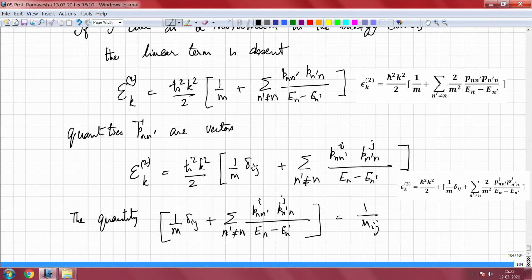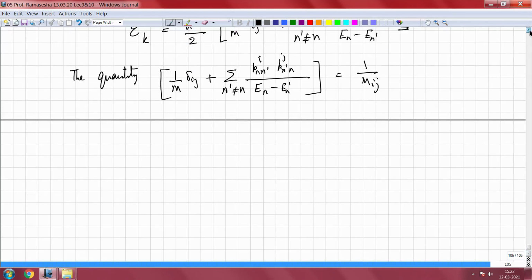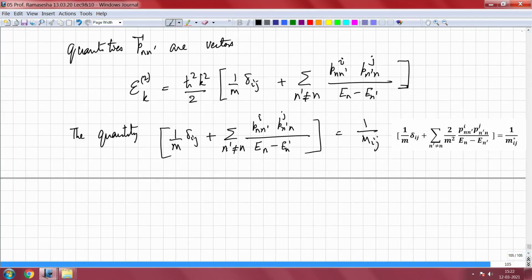So, what we have is we have obtained a form of the energy at one of the maxima or minima in the energy bands as a quadratic in k, and because it is quadratic in k, or dependent on k squared, we can define an effective mass which is given by this expression.